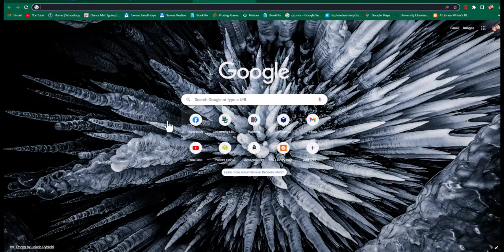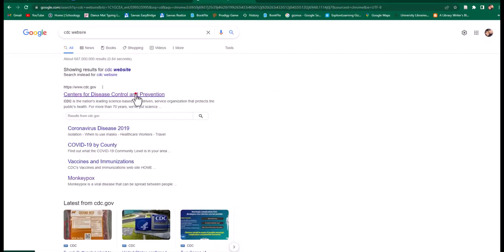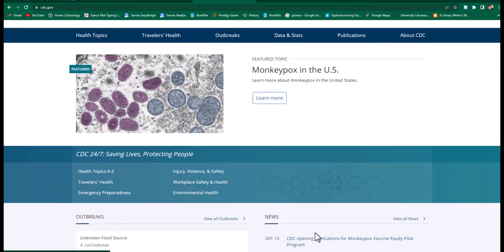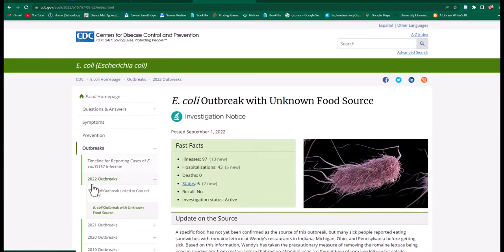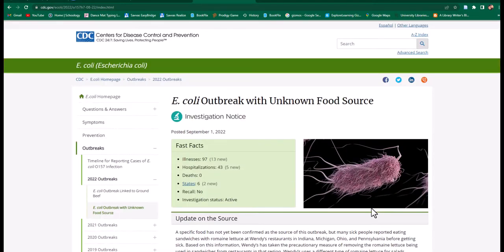So let's pretend like I want to look at the CDC's website. And just look at something random for now. Maybe this page has something that I've cited or used information for. Once again, Zotero is recognizing that this is something that could possibly be cited. So if I click this button and travel back to Zotero,